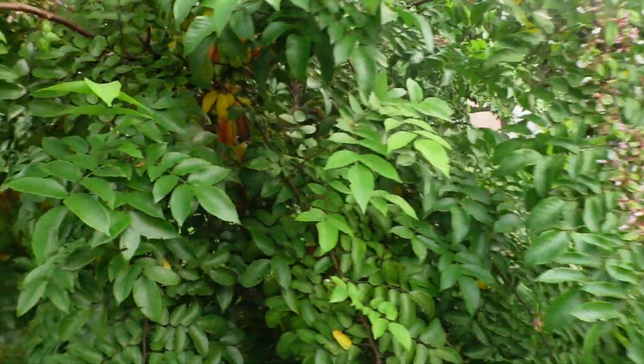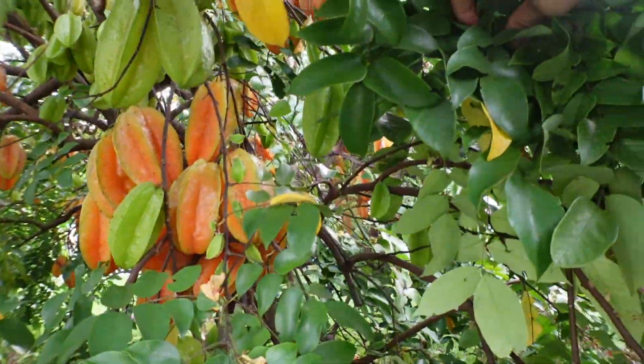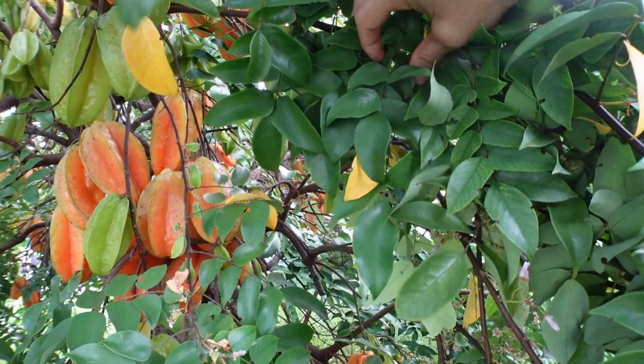Miracle fruit's back. Love miracle fruit. Star fruit tree is loaded. Star apple tree is growing really nice and big. But look at the star fruit tree. Loaded. All right, so that's what I wanted to show you today, the Jujube, and when those fruits are out,